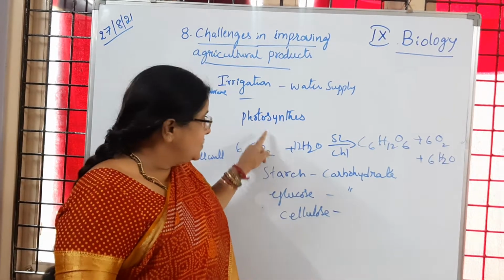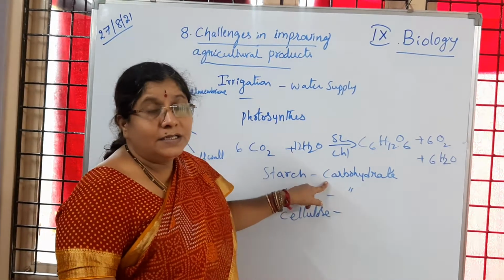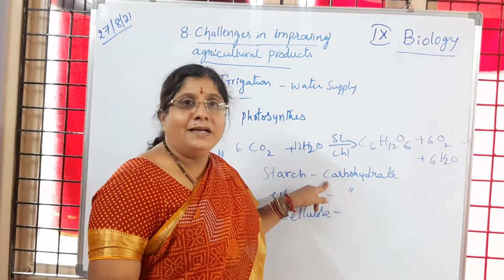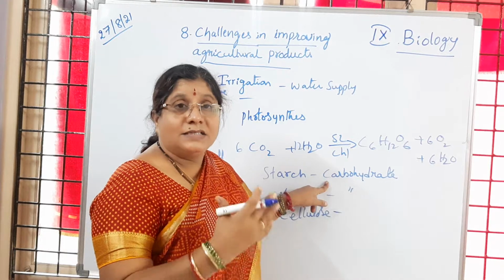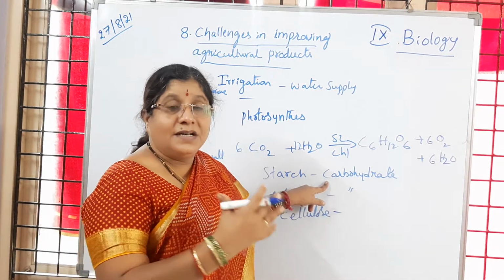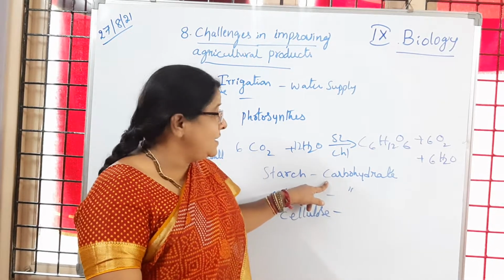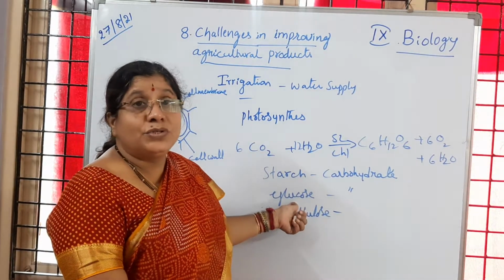Is it clear to you? Starch is a complex carbohydrate, an insoluble form, which is stored in different parts of the plant, in the grains which we are eating. Is it not? Like cereals, pulses, red gram, Bengal gram, horse gram, then wheat, jowar, bajra, barley. It is only our food, is it not, children? Then glucose is present in almost all fruits.